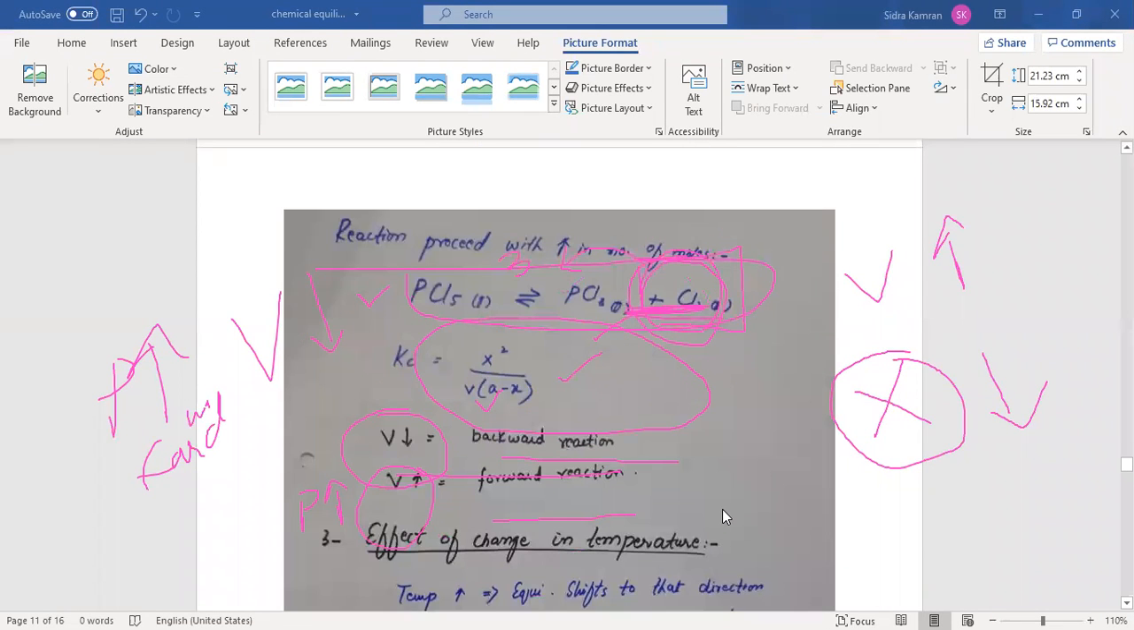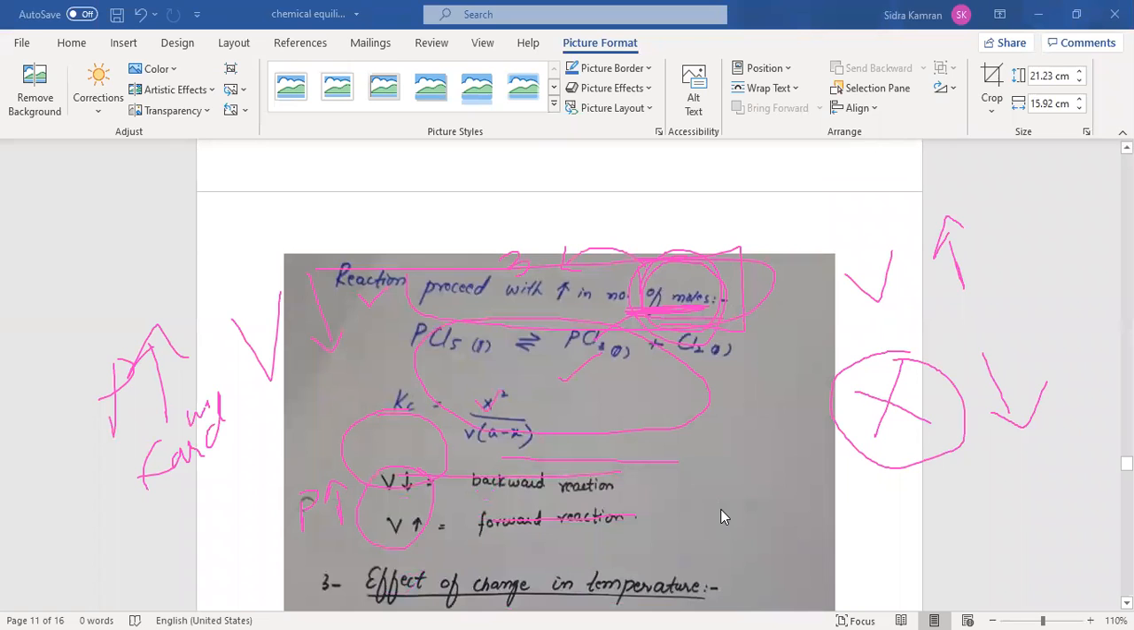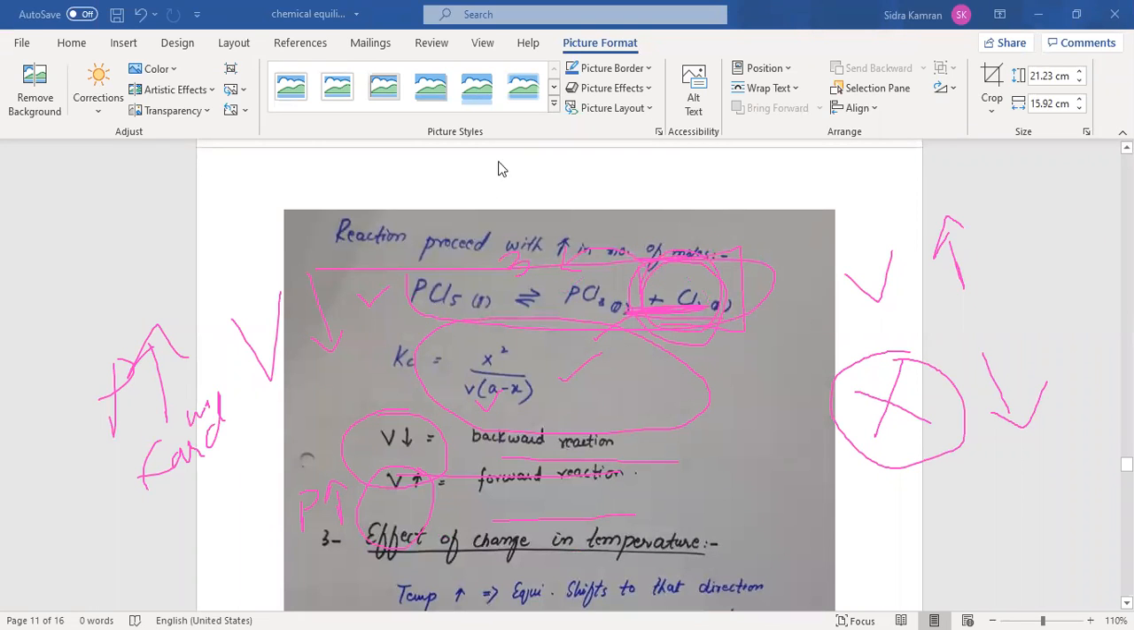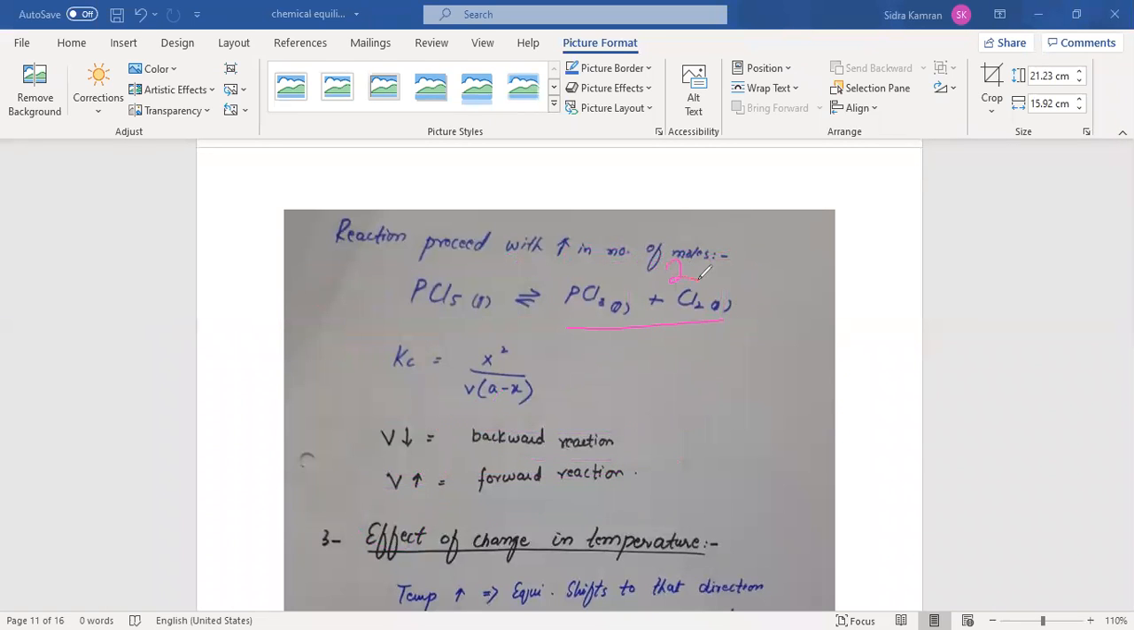If we proceed with a reaction towards an increased number of moles, here you can see the product has a higher number of moles, 2 moles, and the reactant has 1 mole. This is the equilibrium constant expression. In this reaction, if you decrease the volume, the reaction will go backward, and if you increase the volume, the reaction will go forward. By increasing the volume, which means pressure is decreased,